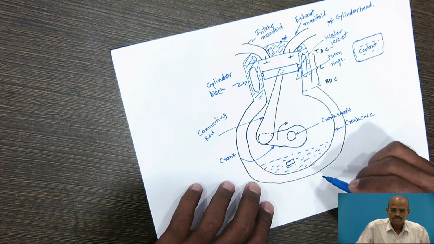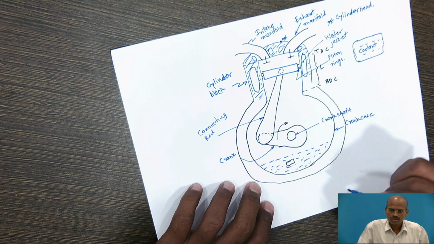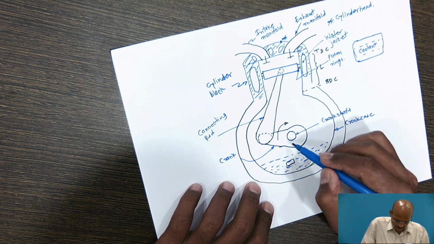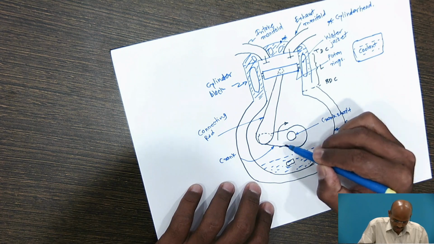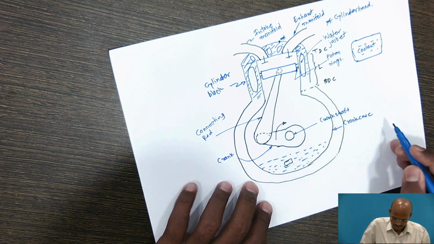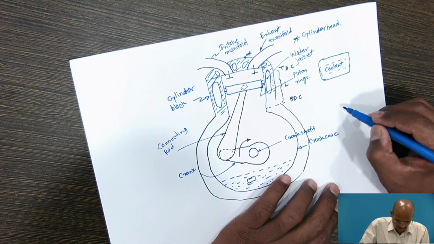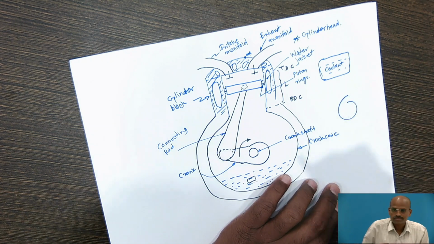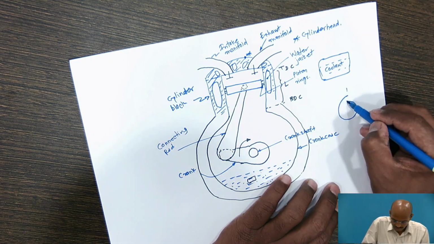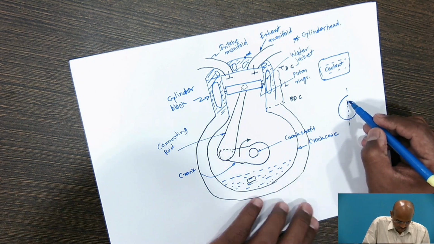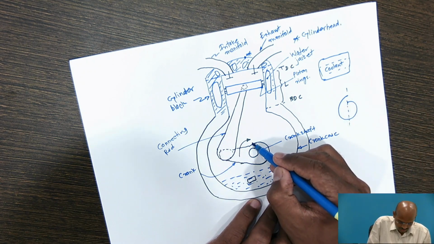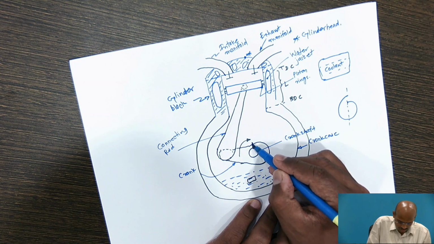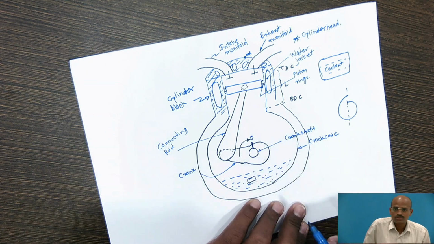And as we are going to show in the valve timing diagram, the angle of the crankshaft is considered. Suppose the crankshaft is completing 1 revolution. This is the vertical reference line, this is the 0 degree. So we need to mark one line somewhere here on this crankshaft. You consider this as 0 degree.